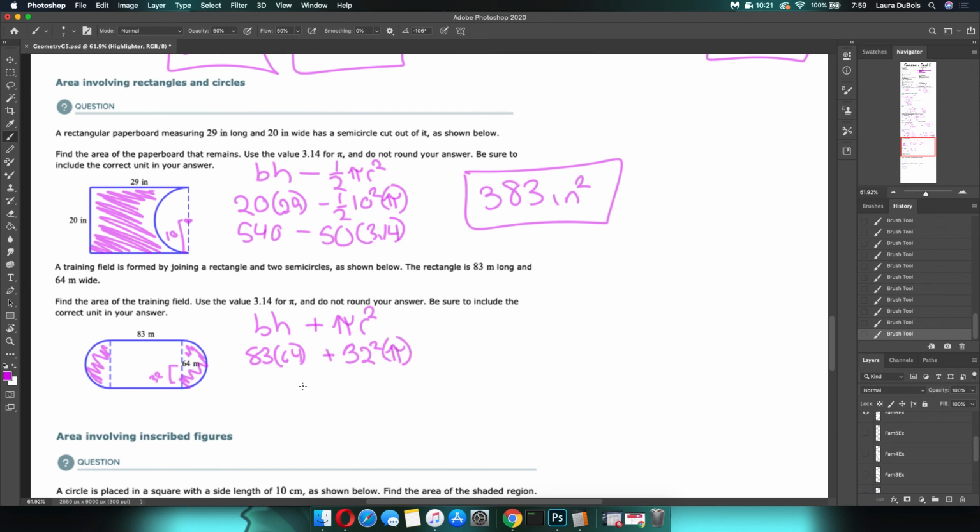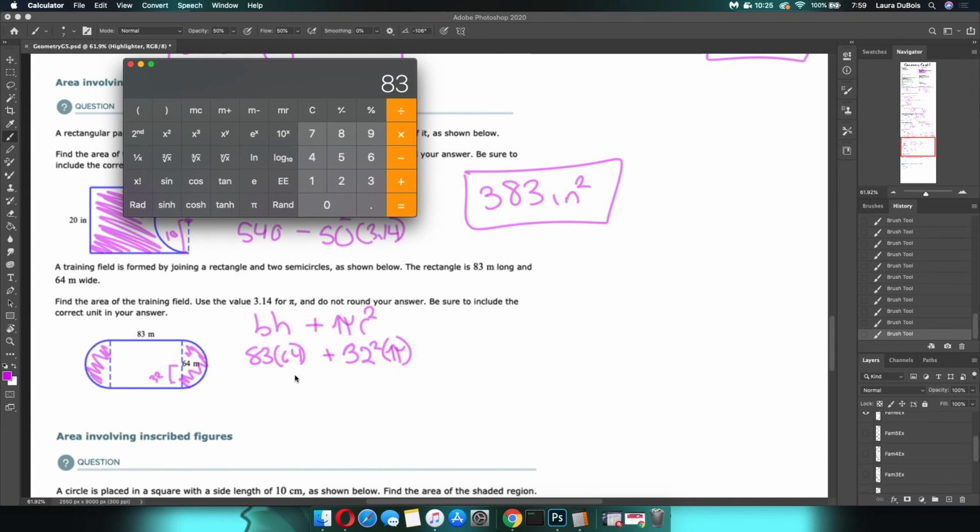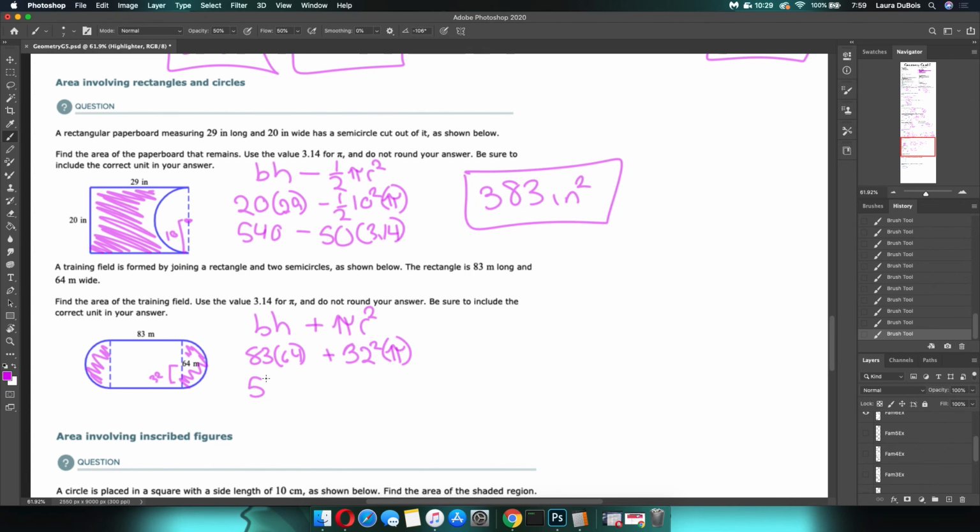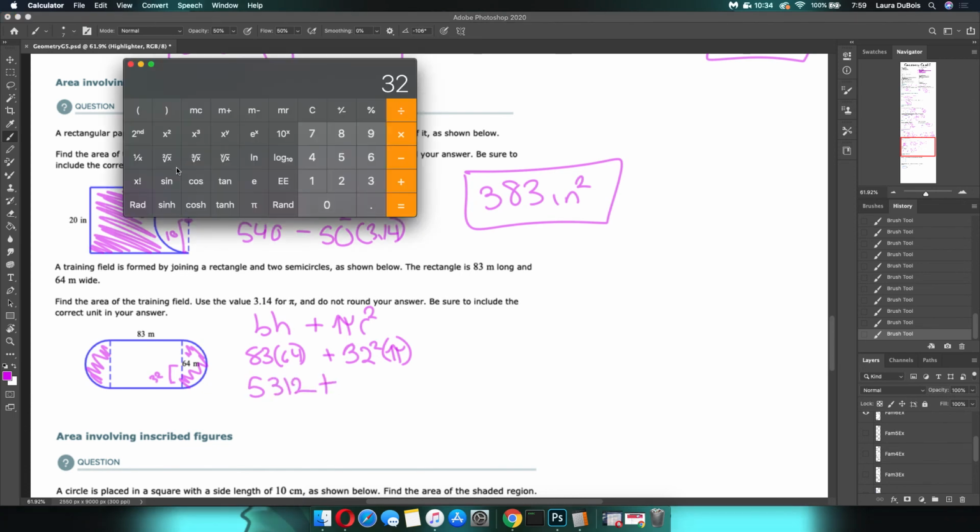I do not know that. So we're going to do this in pieces. 83 times 64. 83 times 64 is 5312. 5312 plus, what is 32 squared? 1024. Oh, duh, I should have known that. Times 3.14